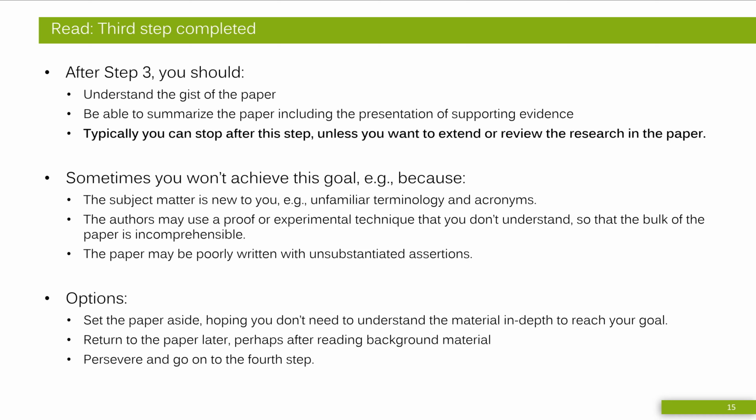Well, you can just discard the paper if that's okay for your project, or set it aside and come back to it later if you find out it might not be okay to just discard it, maybe if many other papers, for example, cite it. So return to the paper later, or really, if you think it is highly relevant, then go on with the 4th step and try to understand it